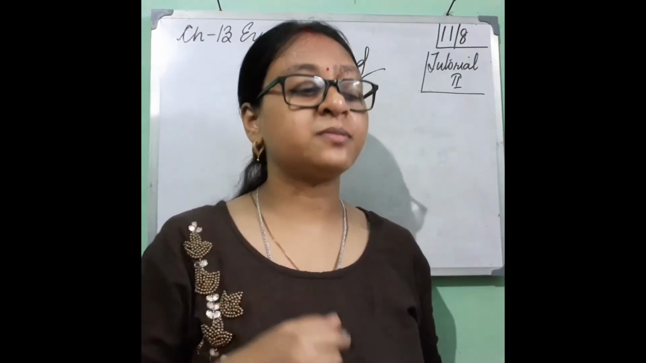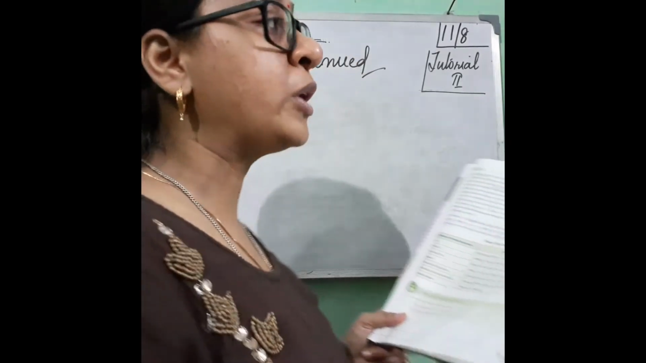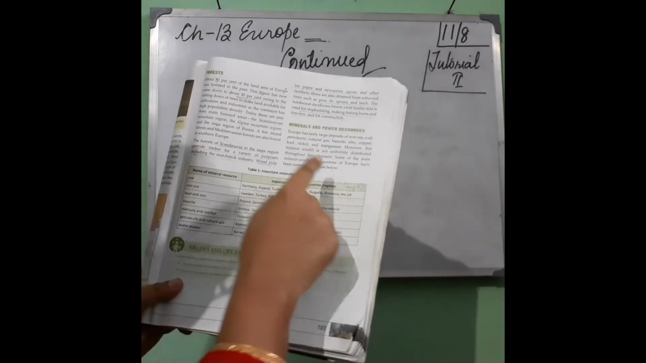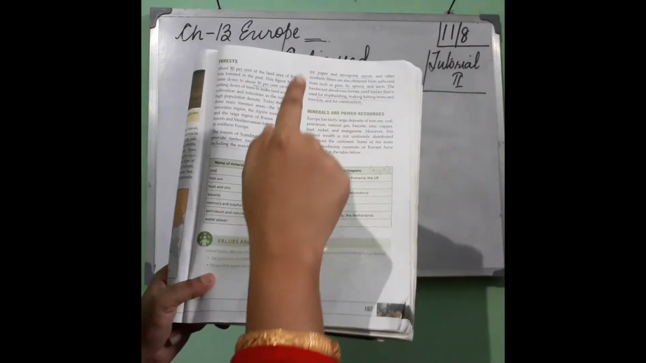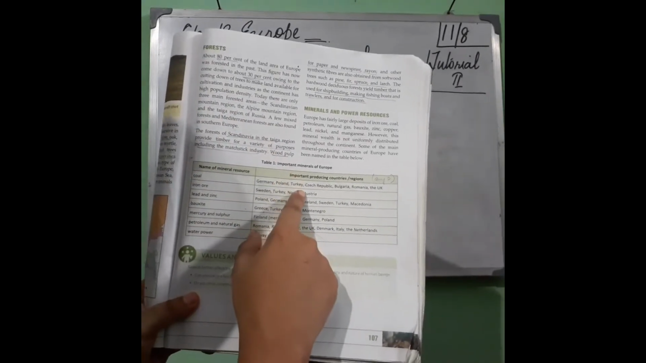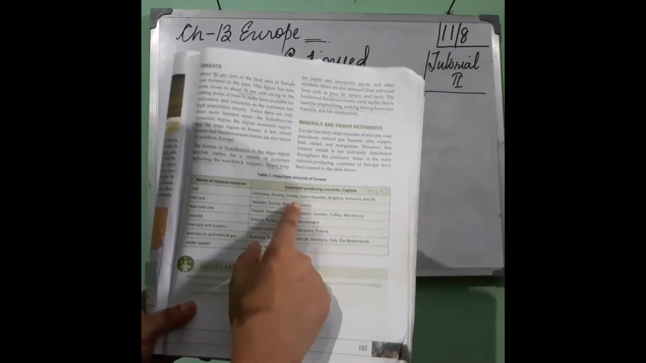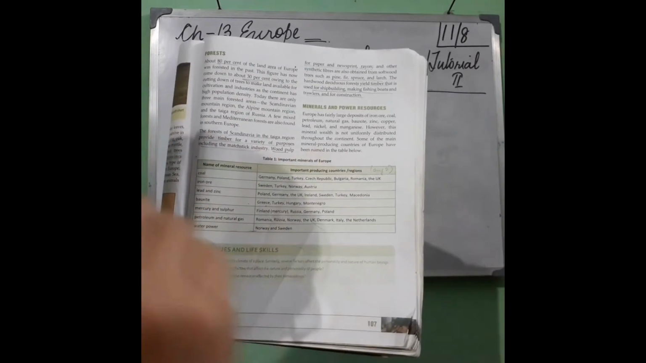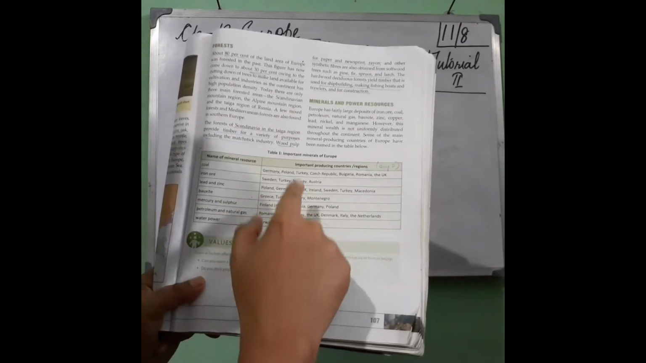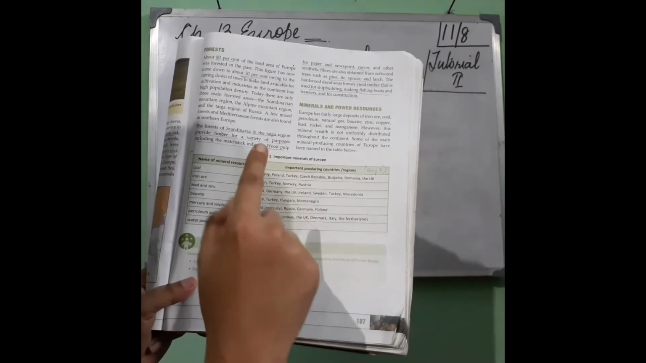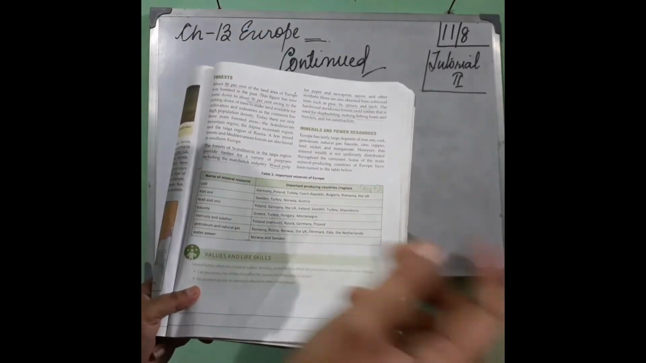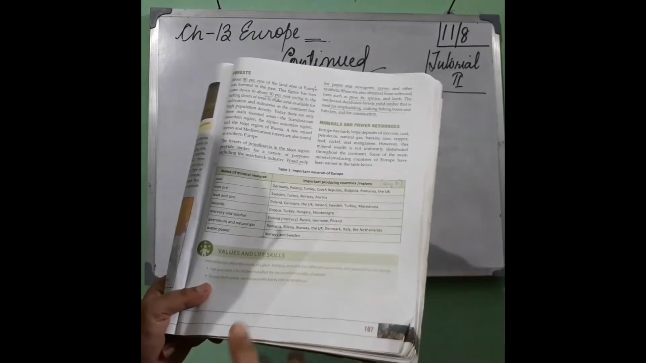For minerals and power resources, we are moving directly to the table. Very good news for you: you need not read the paragraph here. We are going directly with the table, which gives the name of the mineral along with the important producing countries and regions. Another important piece of information is that you are going to read any 2 regions from here. Like for coal, you are going to read Germany and Poland,